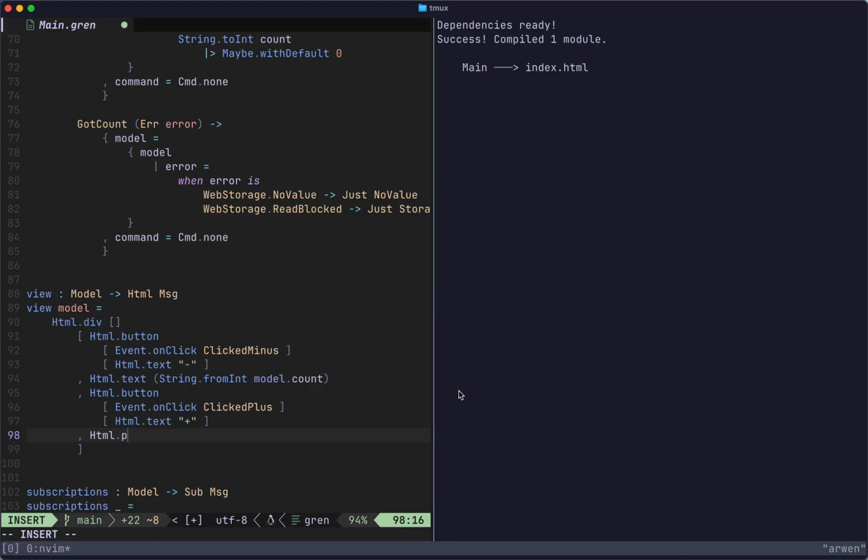And I'll add a paragraph to my div that's not going to have any attributes, but it is going to hold some kind of message. And we'll say that it's going to be some text. And that text will be based off of what's in my error field on my model. So I'm going to pass